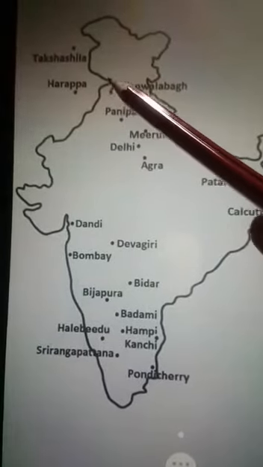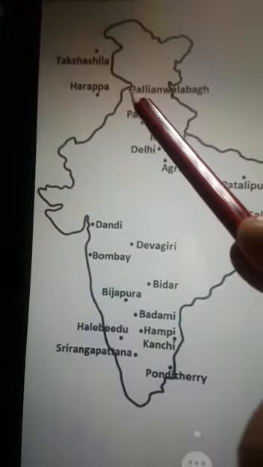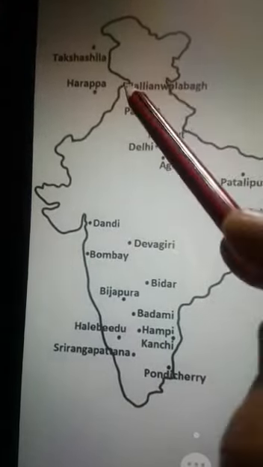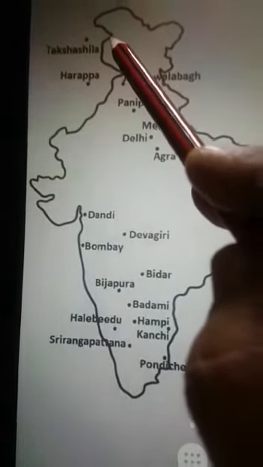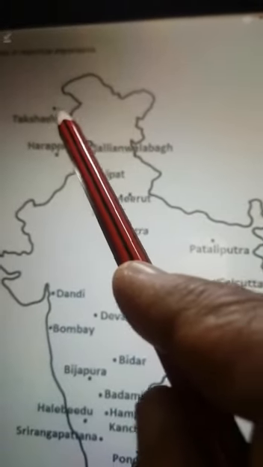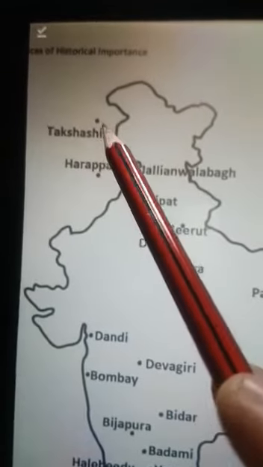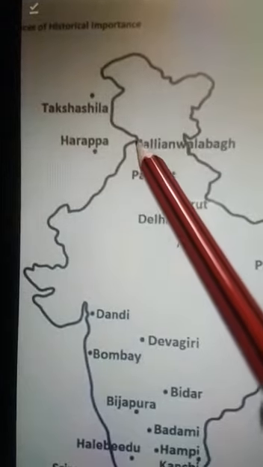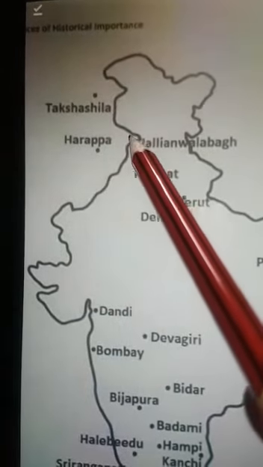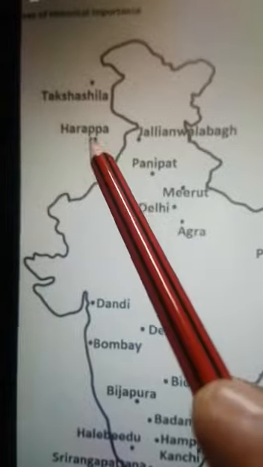For this, you have to note the curves along the outline. For example, if you consider this part as the neck, you have one curve here, go upward, you have one more curve here. So from this curve, if you move to the left for about 1 centimeter, you can mark Takshashila. Similarly, when you come downward, not straight, slightly low, you can mark